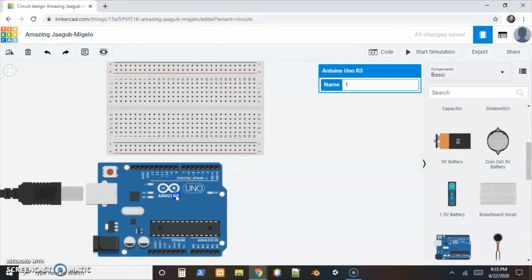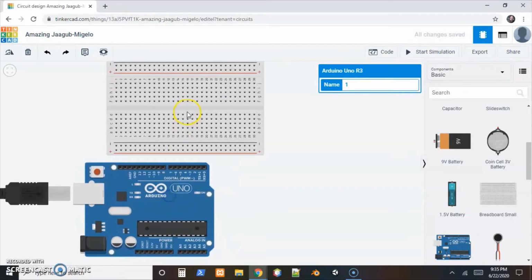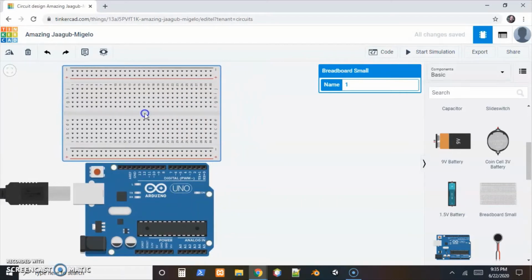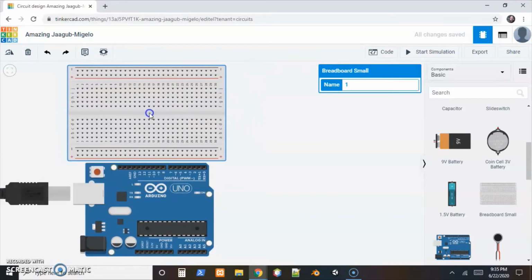Let's see, I'll move these over here and get this set up. The breadboard is where we'll plug in our components, and the Arduino Uno is the device that we'll be programming. In the real world, these just connect to the computer through a USB, and we have serial communication. So then we can do things like